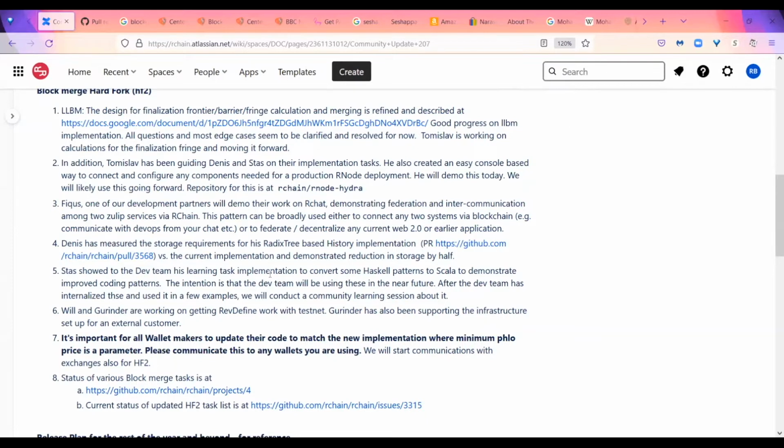This is both for Scala learning as well as to demonstrate how we can use higher level coding patterns inside our code. So Stas has done that, and he demonstrated to the team. He's completed the whole thing, but he demonstrated only half of that to the team today.